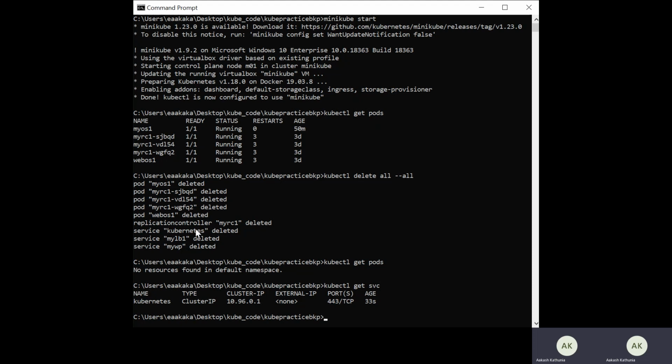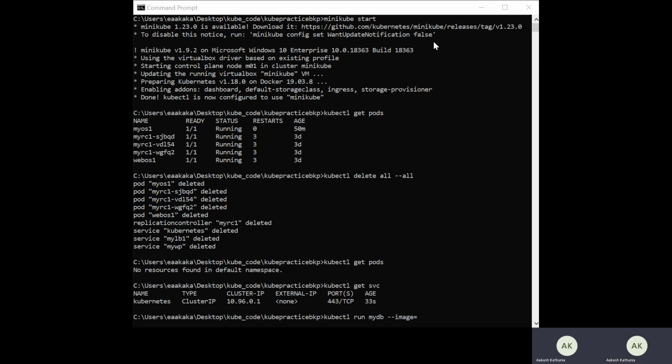we can see how the MySQL DB can be created. In order to create the same, I can run this command, kubectl run, and let's create the pod with the name mydb, and I can use --image equal to the image name. Now, in order to check which image I can use, I can use the Docker Hub. So in order to use the Docker Hub, you can go to your browser and search for the Docker Hub.